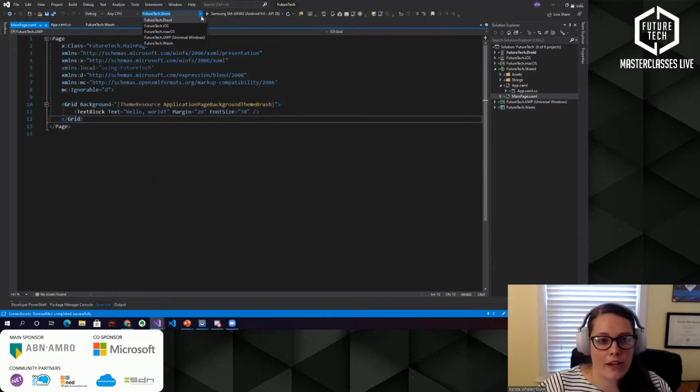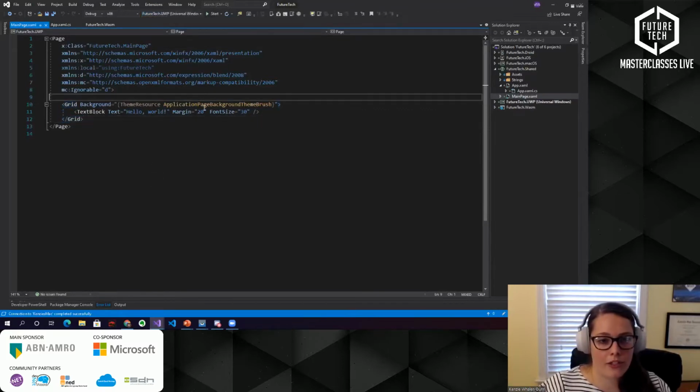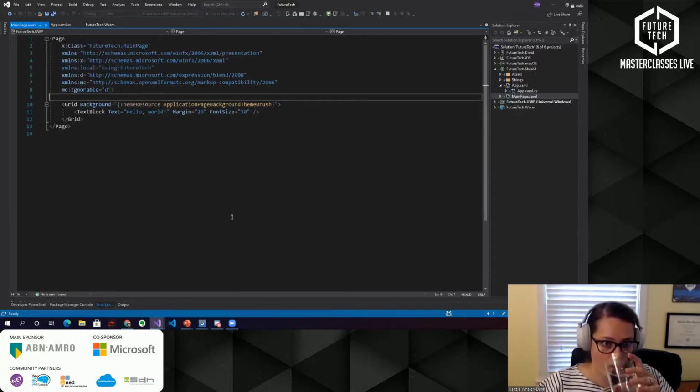Great, so I'm just going to go ahead and run this Hello World application so you can see what it looks like without changing anything. We're going to switch our startup project to UWP and run. You can see that it's building down here, just taking a second.